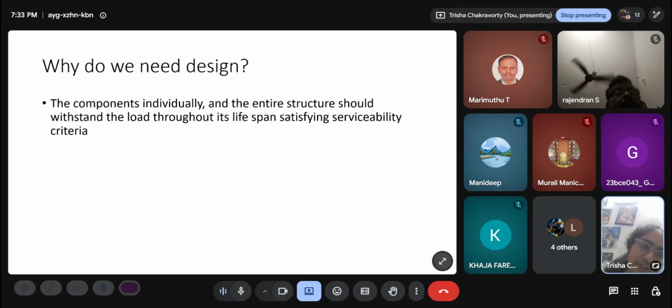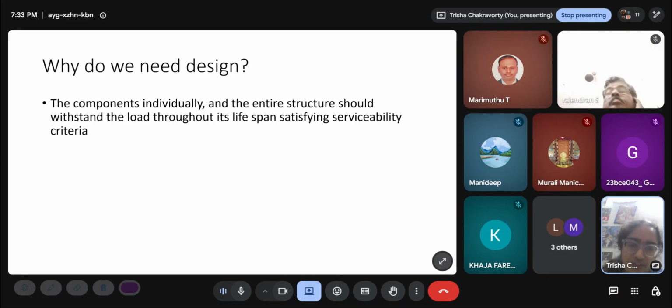And satisfying serviceability criteria. Now there are two types of criteria, the demands of a structure which we have to fulfill through design. One is the collapse or the ultimate limit states, which means that the structure obviously should not collapse. A beam should not crack, a column should not be crushed, there should not be any torsion. These are all related to force or stress type of responses, and they are obviously more important, you can say. But serviceability criteria are the ones which are related to the displacements or strains.